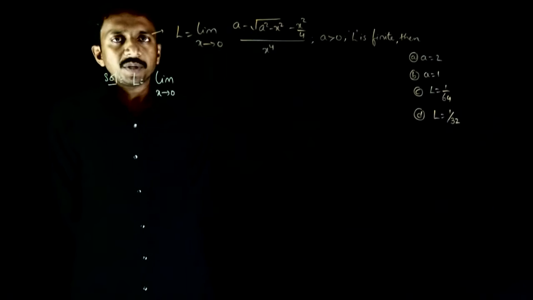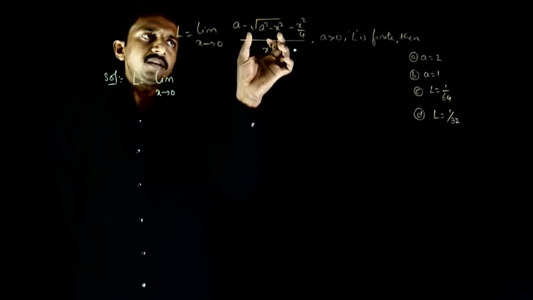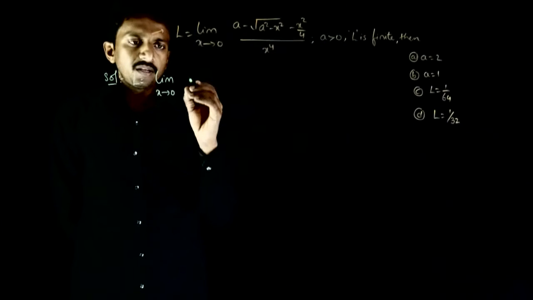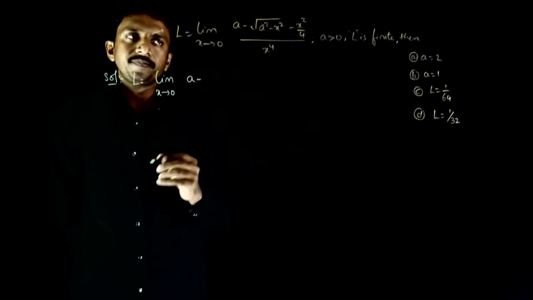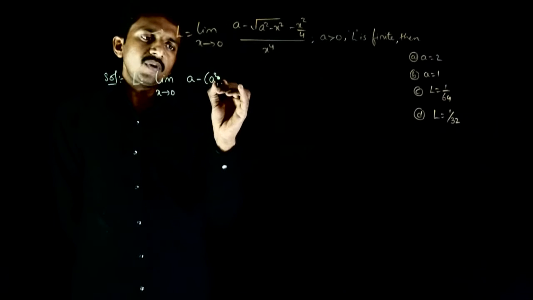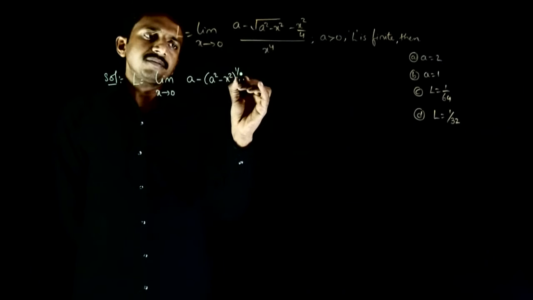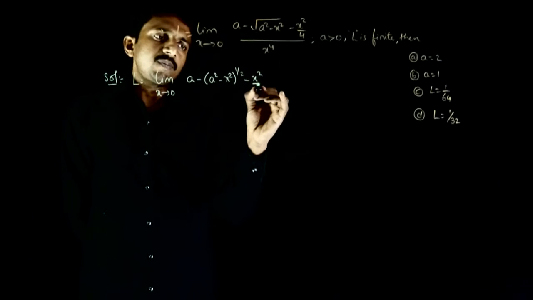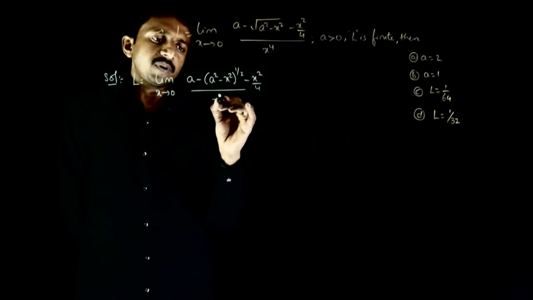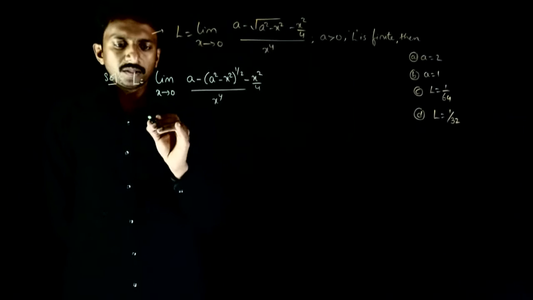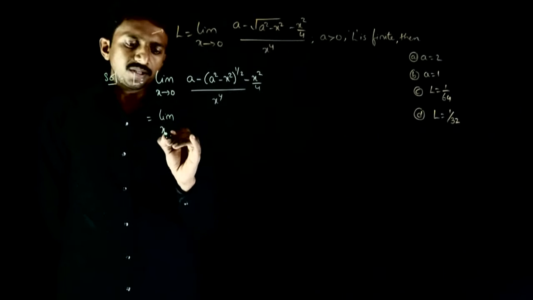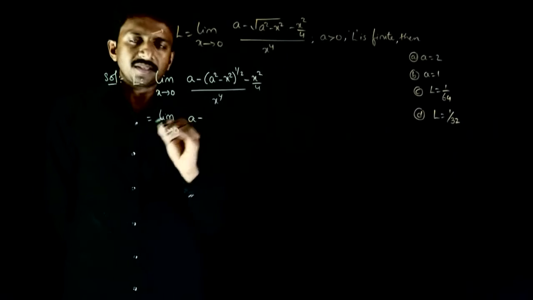In this particular question I am trying to apply the binomial expansion. So this is nothing but a square minus x square to the power half, minus x square by 4, divided by x power 4. So that is equal to limit x tends to 0, a minus